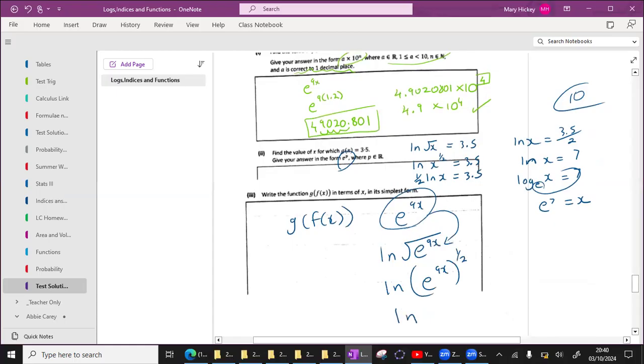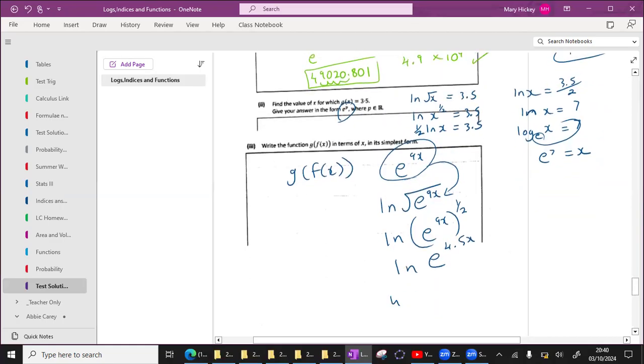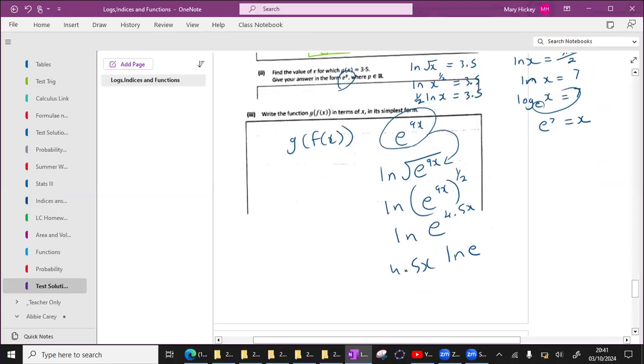So essentially that is e to the power of 4.5x. We then can bring the power to the front, 4.5x natural log of e. Now remember, the natural